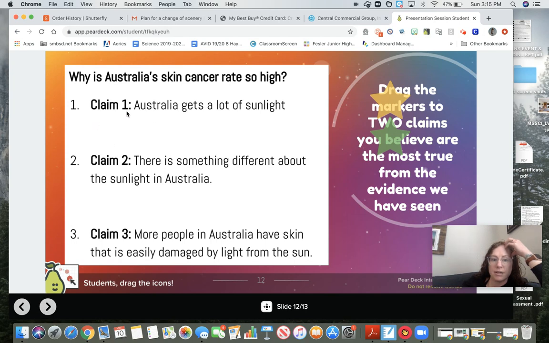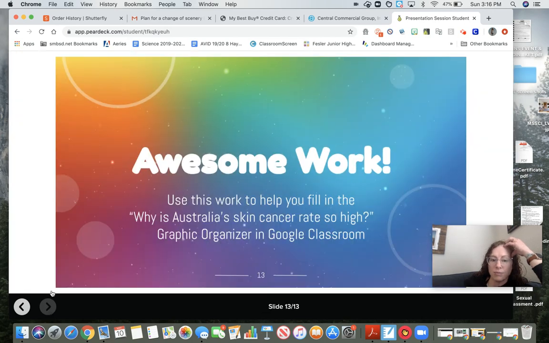So the claims are, claim 1, Australia gets a lot of sunlight. Claim 2, there is something different about the sunlight in Australia. And claim 3, more people in Australia have skin that is easily damaged from the sun. So again, you can move one draggable or you can move two, put them on whichever claim you think is true. And this will again help you with tomorrow's assignment. So if you'd like to, after you finish this Pear Deck, work ahead and go into tomorrow's assignment, it already is going to be on